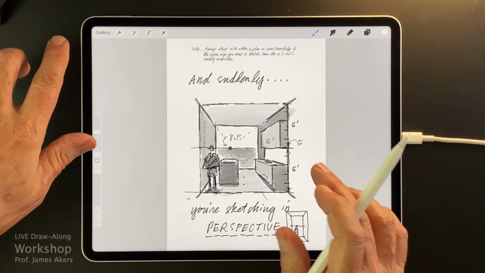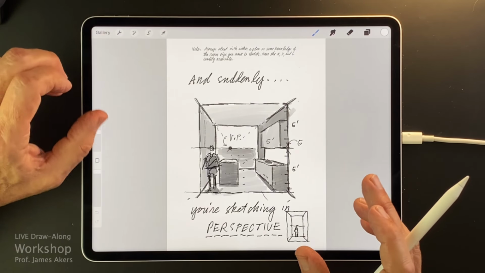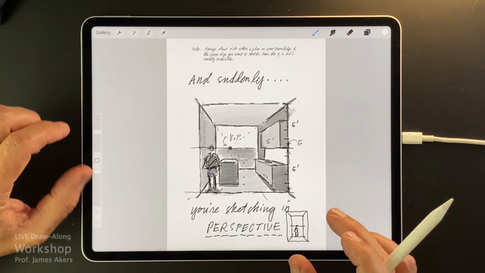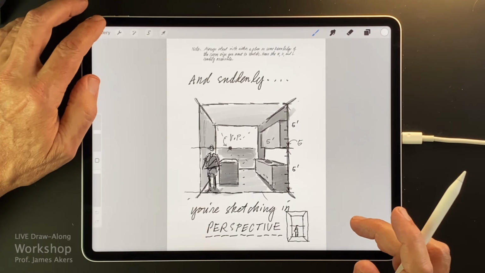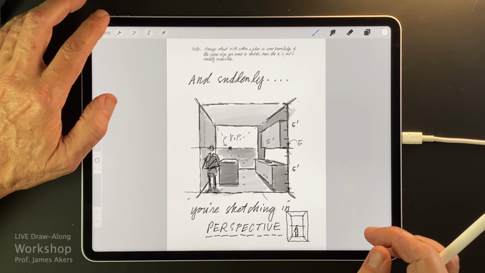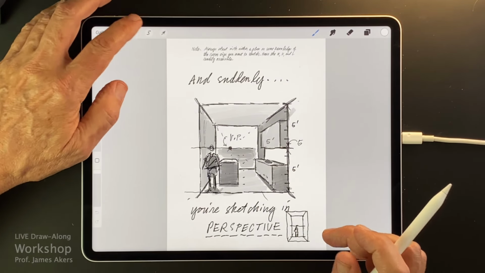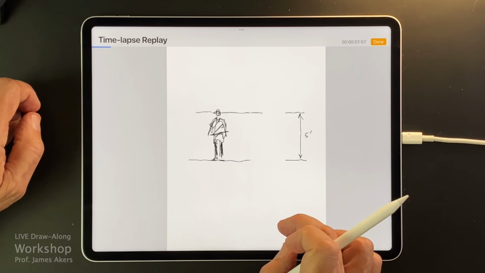I was trying to make notes about how I might make this course, and I was trying to document in real time how I go about making perspective when I do. If that sounds appealing to you guys, I'm going to go through the video replay slowly, the same way we did the other night, and let's see what happens here.